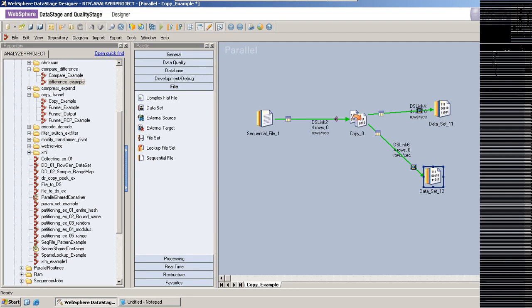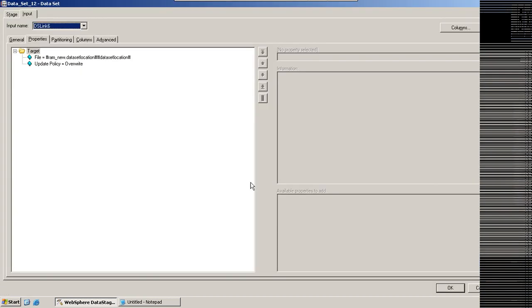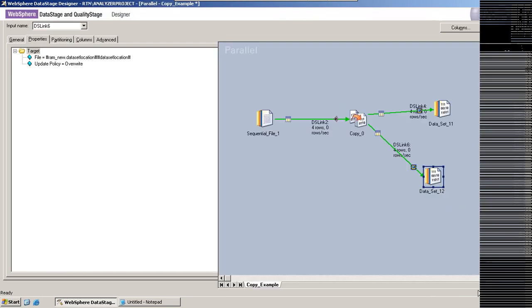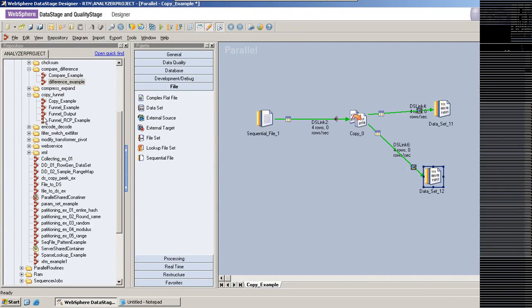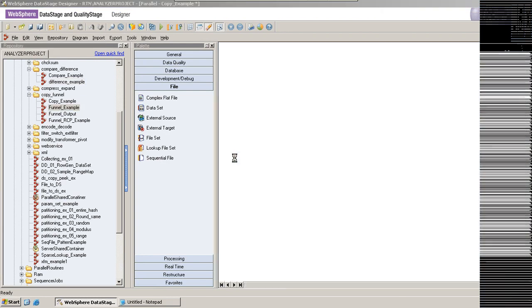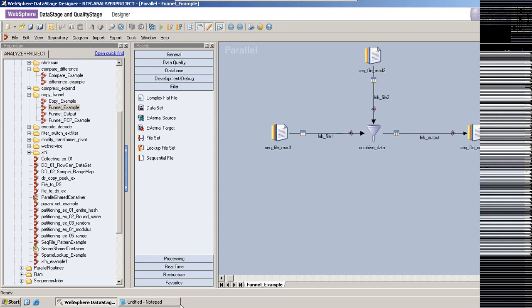Okay, that is the purpose of having your parameter set. So this is how it works, and this is what your copy example. You are able to understand the copy stage, right? Yes. Coming to funnel. Funnel is something like, if you come across the keyword called union